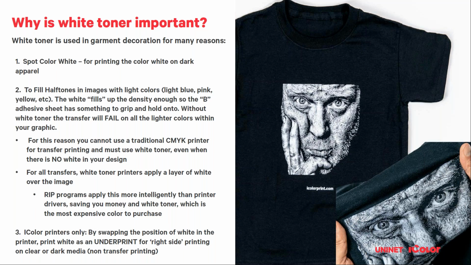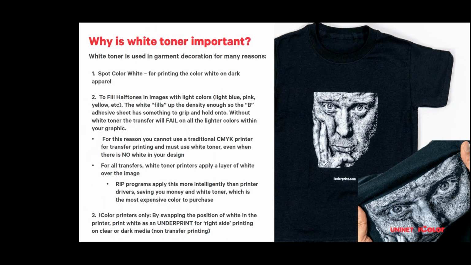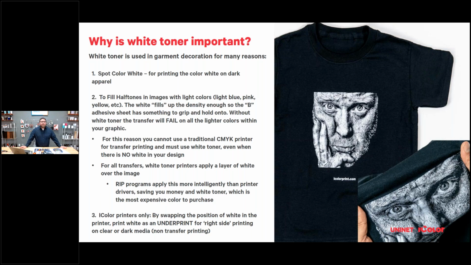Now, the reason why we put white on top of color is because sometimes there's not enough toner density for it to sufficiently grab onto the adhesive or B sheet of your 2-step media. So if you have a cyan or a yellow or just light colors in general, you need to flood that a little bit more to give it a little bit more density so that it can sufficiently grab onto all parts of the B sheet. So it fills the density in so that it will have a complete marry, because a lot of times if you have lighter colors without white on top, you'll miss those parts when you pull the sheets apart.